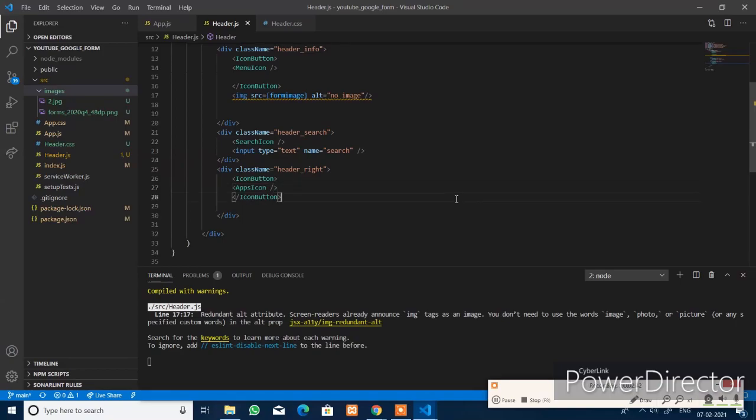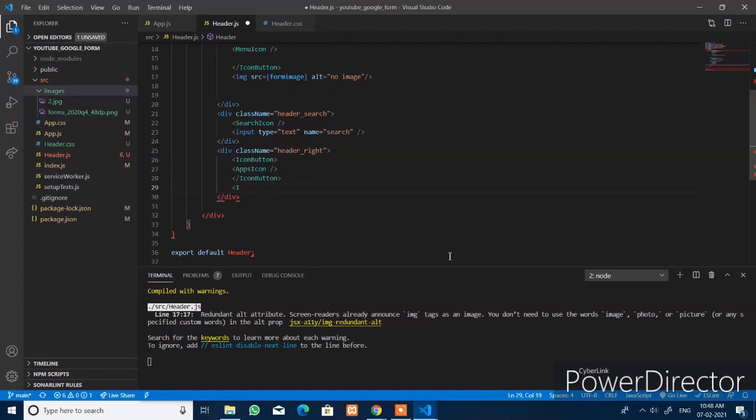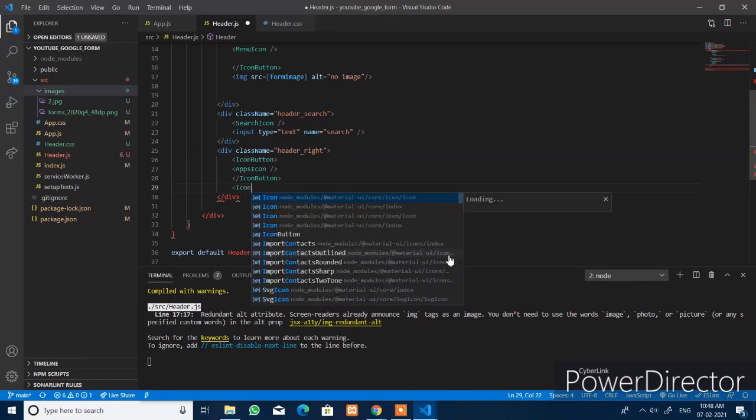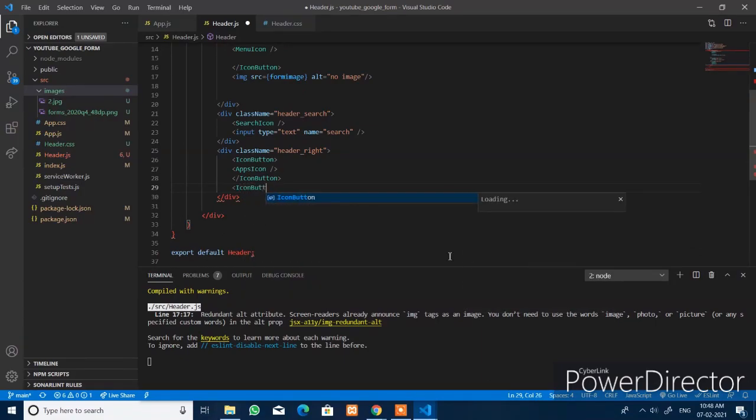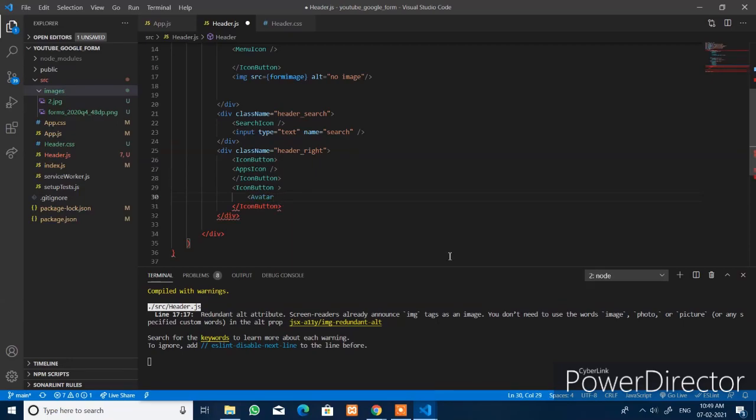Also import the avatar. Import this avatar within icon button. Here avatar where src equals some blank, and enclose it.